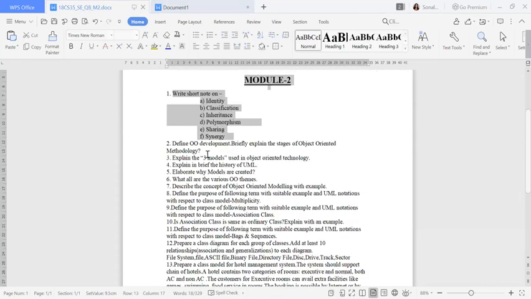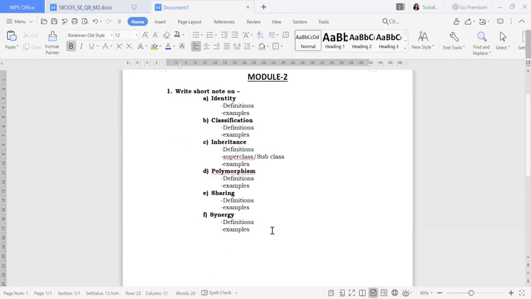Moving towards the next question I have here. Define the OO development. Briefly explain the stages of object-oriented methodology. So I'll just copy and paste the question here. Yes, let me make it a little bigger size so that all of you can see it properly.